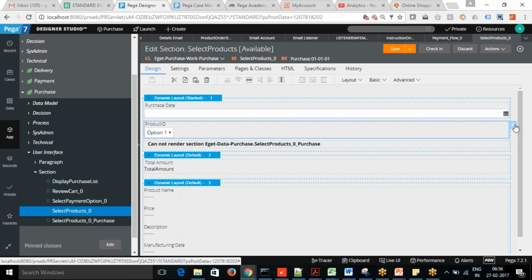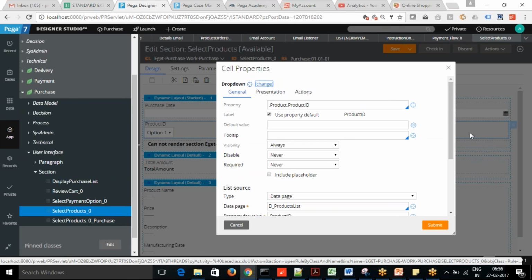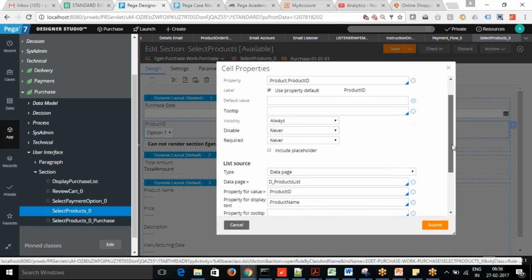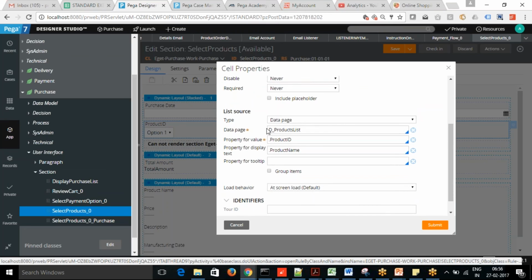So that's the drop down, right? You can see now Pega has enhanced that feature. So see, I use this way: the data page, the data page list. What I want to display to the user, that's the product name I'm displaying. So that's it. You don't need to worry about how the values are populated in the data page. Pega will take care of that because you have already defined it. Whenever you refer to it, the value will be auto populated in the data page.